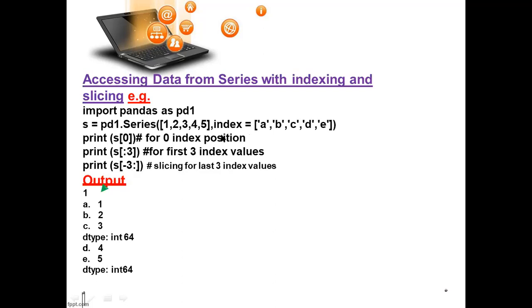Minus 3 means minus 1, minus 2, minus 3, just like in C. From here minus 1, minus 2, minus 3, these values will be displayed. So you can see here. You can also slice your index values using colon, which you have already done in the list class.